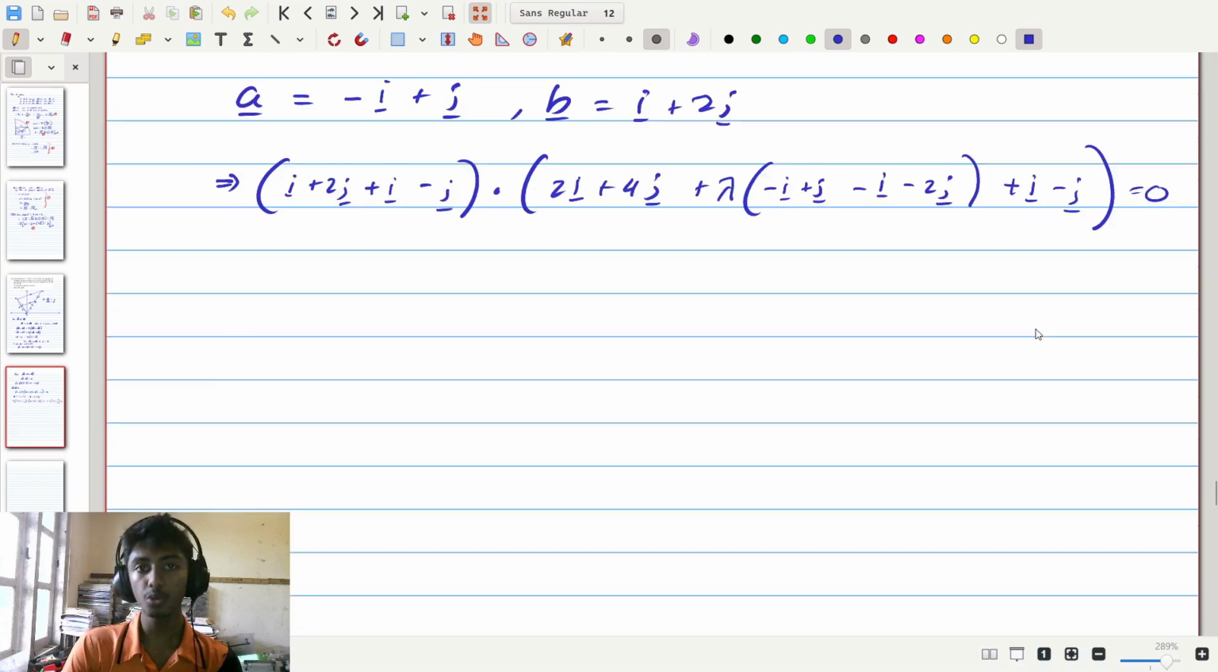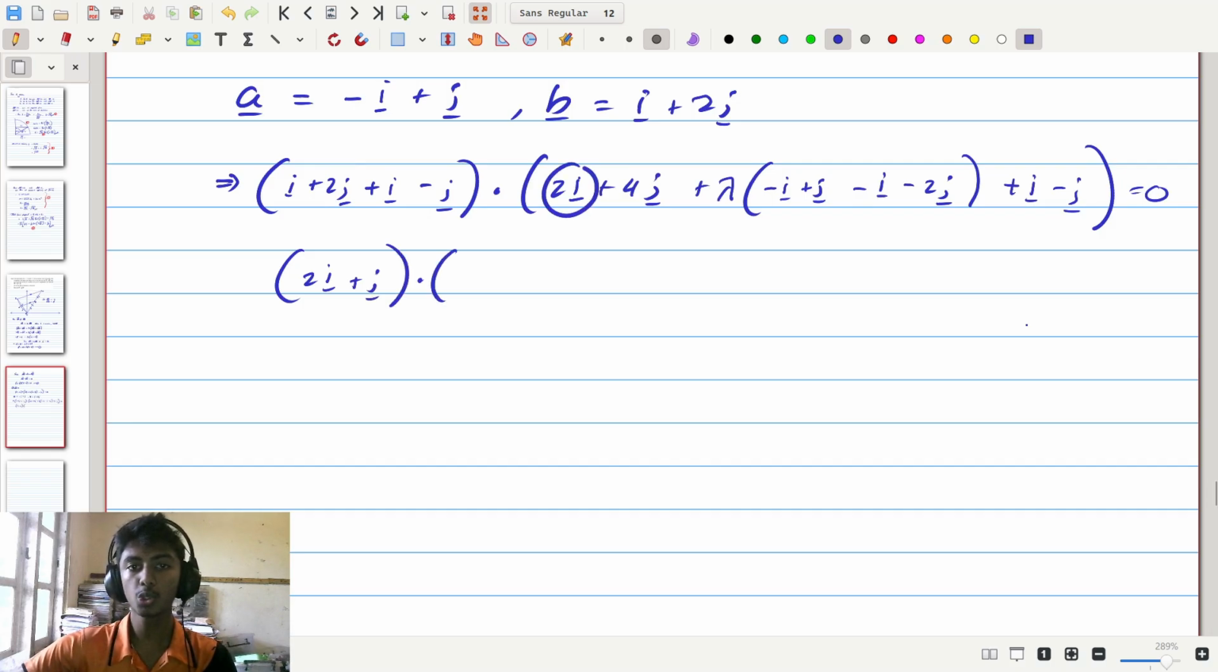So now what we're going to do is to group all the I vector and J vector components together. Doing so, the left bracket becomes I vector plus I vector is 2I vector, 2J vector minus J vector is plus J vector. And on the right side, the right bracket becomes 2I vector plus I vector is 3I vector, and then inside we have another lambda times we have minus I and minus I, minus 2I. So minus 2 lambda I, and on the outside we have 3I,